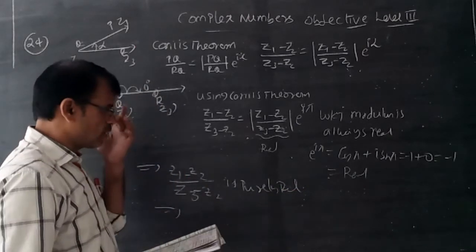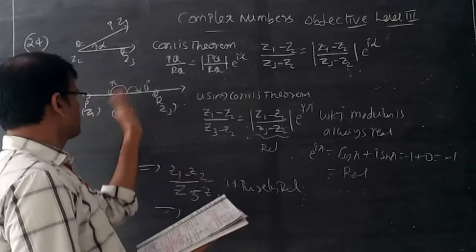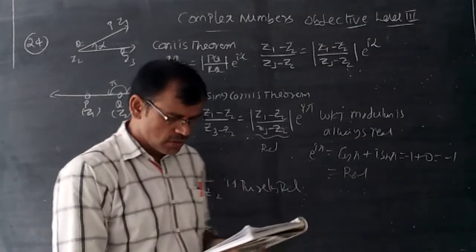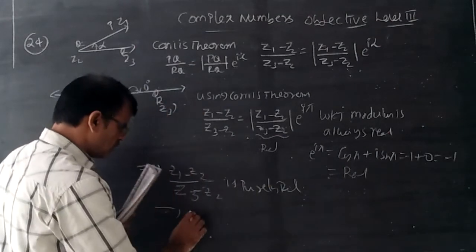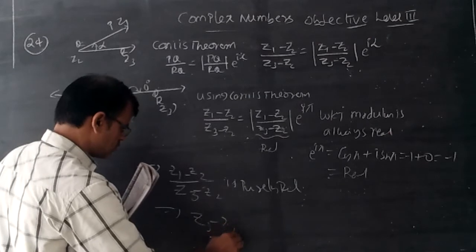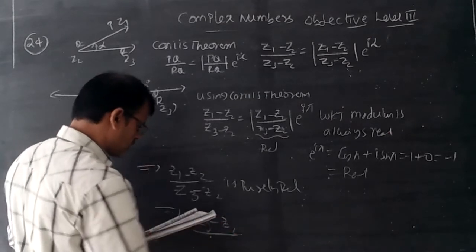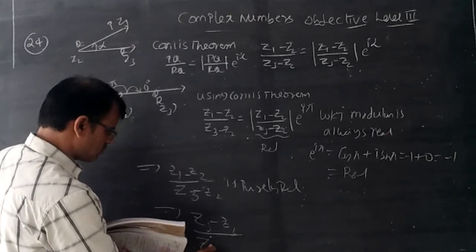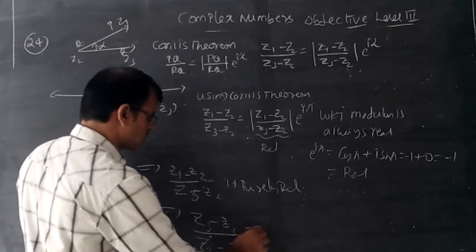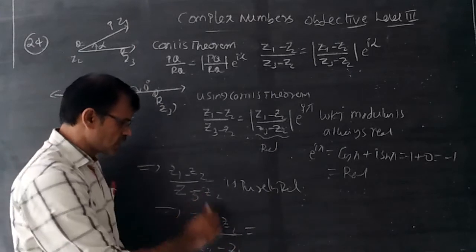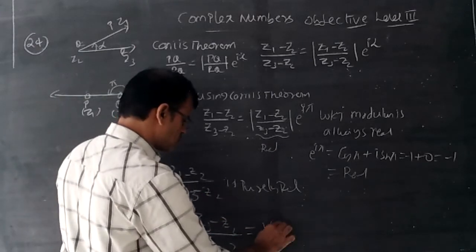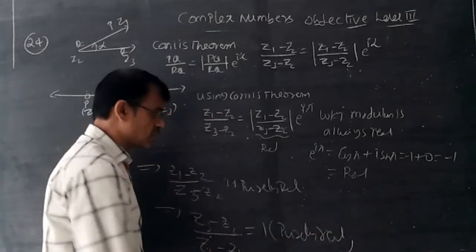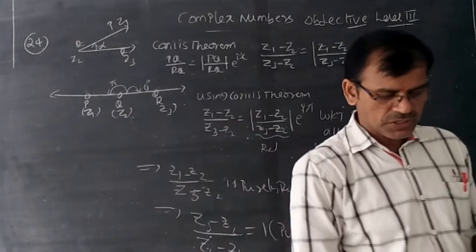In the concept we have taken option 1. Whenever we take the reciprocal, maybe the angle is 0. Cos 0 plus i sin 0 becomes 1. It is also real. Now Z3 minus Z2, so the first option I am verifying. Z3 minus Z2 by Z2 minus Z1. Minus of minus, taking the common minus and taking the reciprocal, maybe 1. So it is also purely real. It is also correct. According to our option, the first option is right.